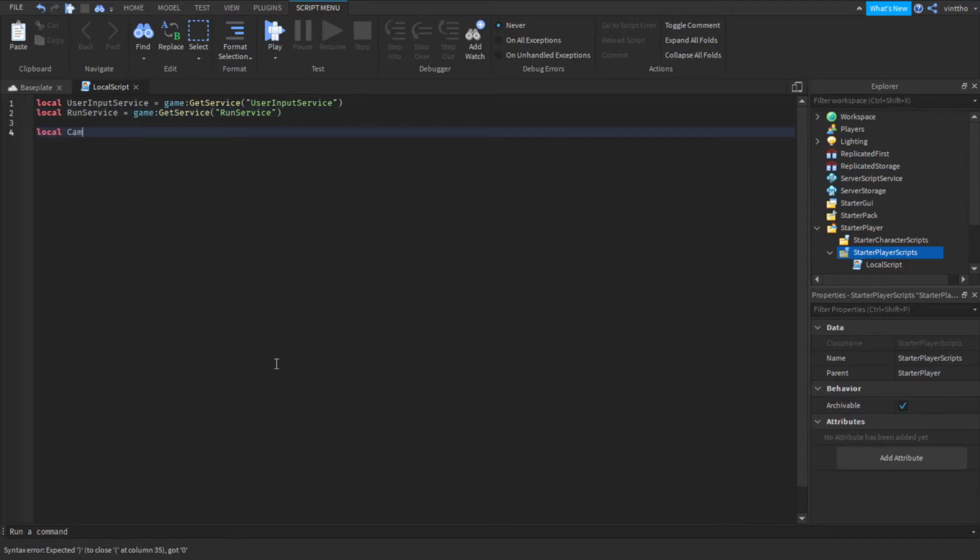Then local cam equals game.Workspace.CurrentCamera. Cam.CameraType should be equal to Scriptable. Cam.CFrame should be equal to